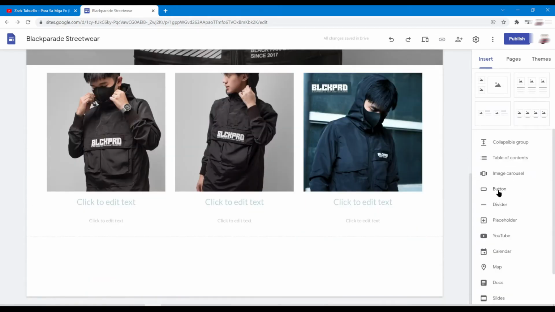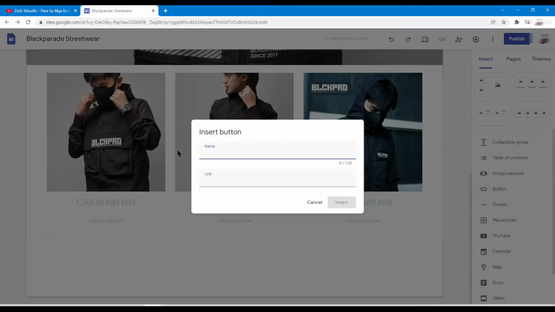Another thing you should keep in mind is the button over here. But the button does the trick, you guys. It lets you link your shop to this particular page. Well, if your marketplace doesn't really offer this much personalization, I think that's the time when Google Sites comes in